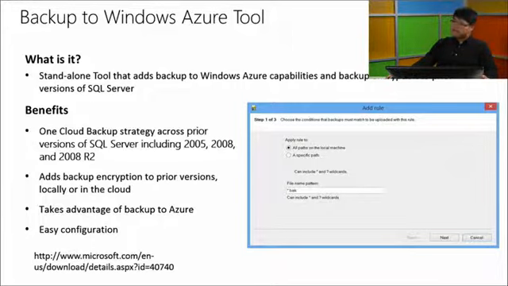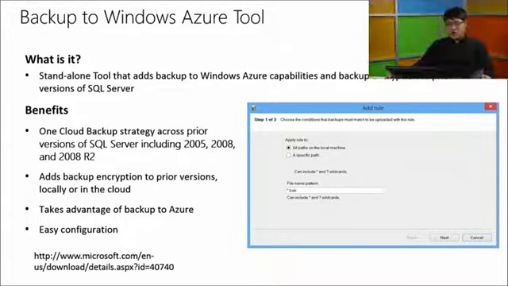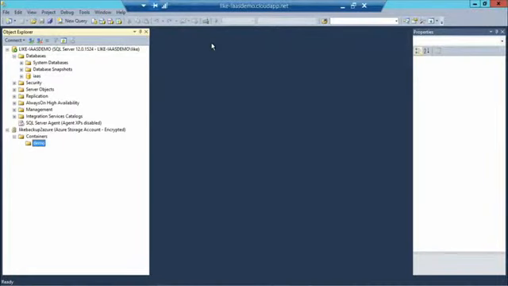Yep. A lot of times we heard our customers asking for backup encryption for a long, long time. So this would be their route to now get it all supported for even earlier versions, which is really cool. Definitely. So let me show you how it works. Here I have a Windows Azure